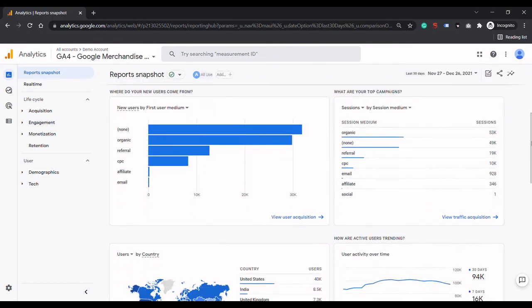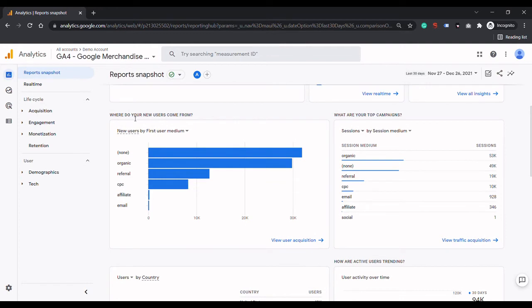After the insights, there is the option where do your new users come from. From here you will get to know whether users are visiting your website through organic search, through referral, through affiliate or through CPC. If we click here, you can see different options are given, like first user medium, first user source or